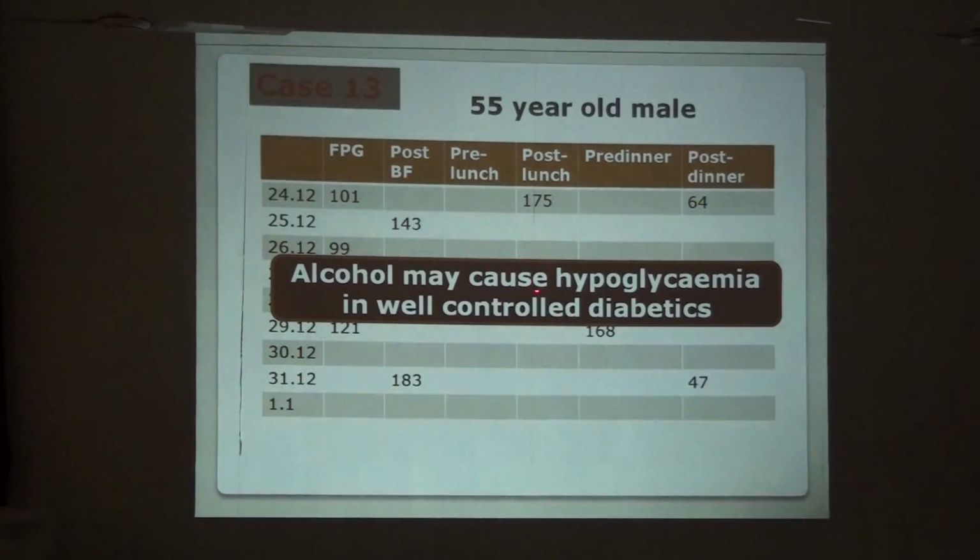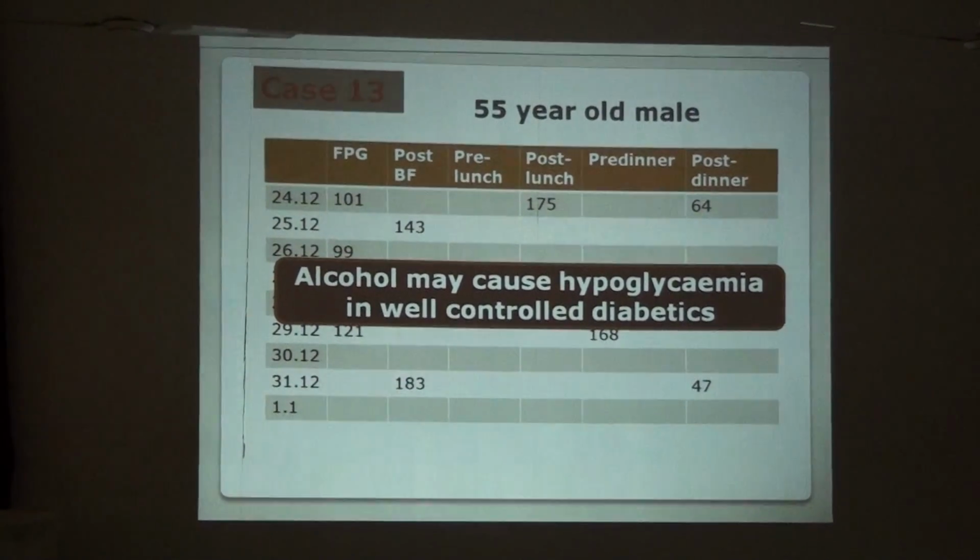It was alcohol. So he was in bed, in the 31st week he took so much that he became comatose. So this is very important, particularly in well-controlled diabetes. If the diabetes is not well controlled, then it is okay. But if the patient takes a binge and doesn't take dinner that much, well controlled